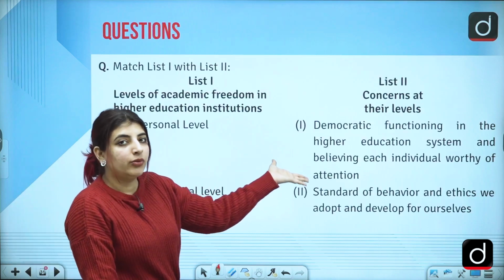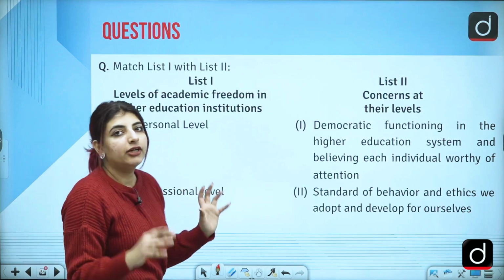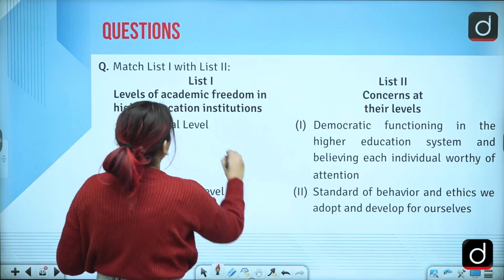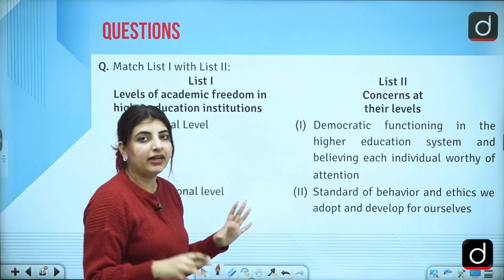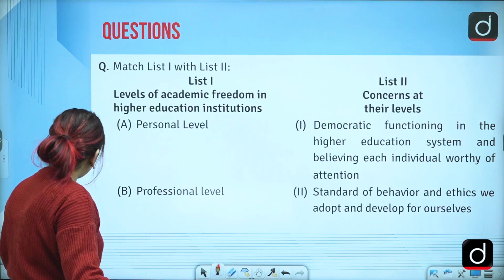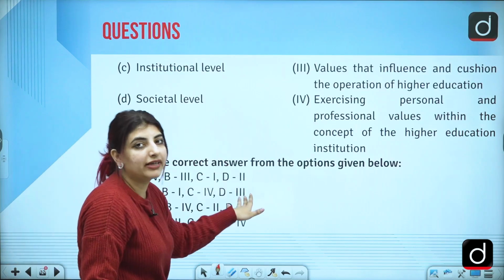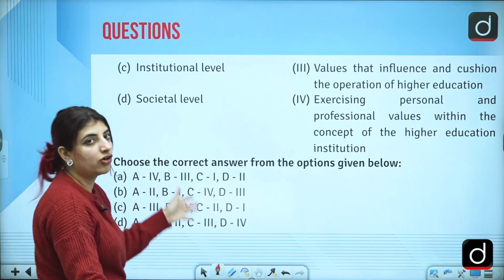Now again, list 1 with list 2 you are supposed to match. So this, as you all can see, the content was not fit in one screen or one slide. You all can pause your videos, read it, and then I'll move it again to the next slide so you all can read it and answer by matching the options.